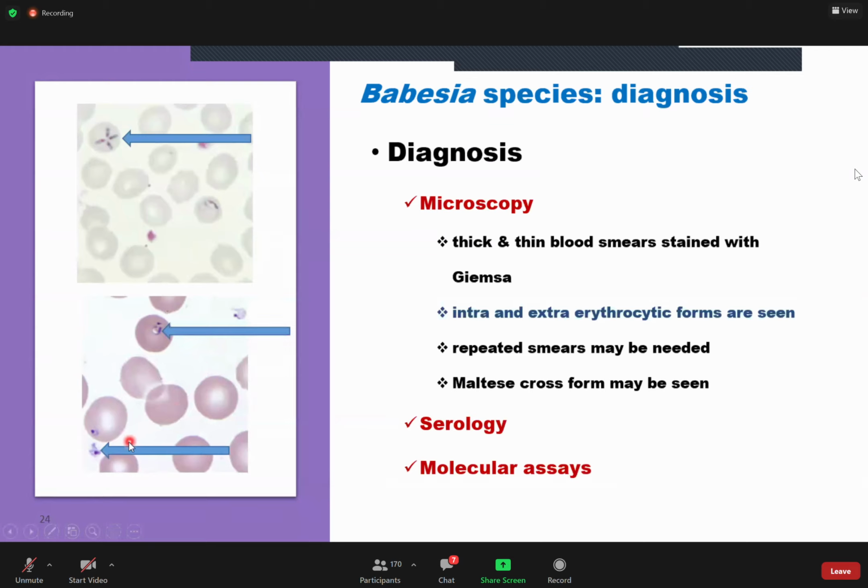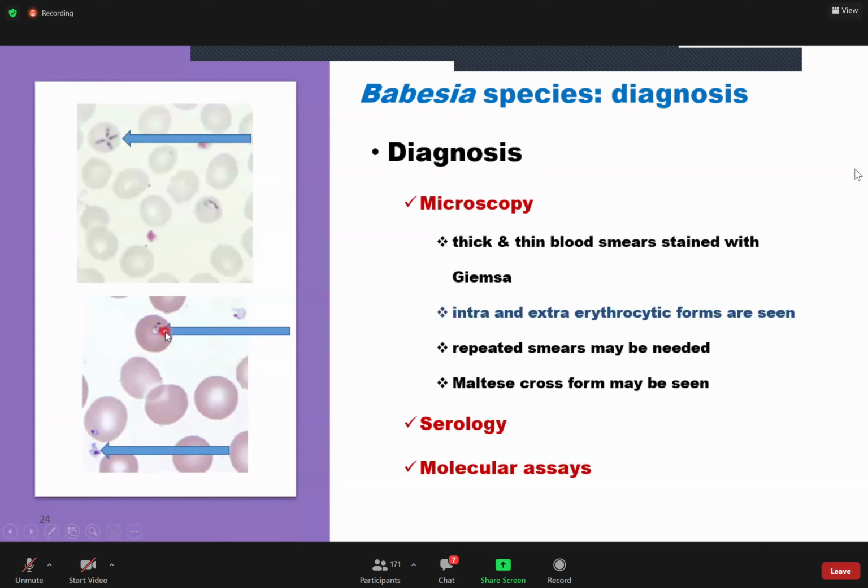The arrows are pointing to the trophozoites. Now, if you look at this one that I didn't put the arrow on, you can see that it's difficult for you to say this is not Plasmodium, right? If I give this to you in the exam, the first thing that comes to your mind is Plasmodium, right? Am I right? Yeah, so that's why it's very difficult to have any data in areas where malaria is endemic. However, if you are a trained microscopist, you will notice that there are some parasites outside the red blood cell. This is highly suggestive of Babesia species.